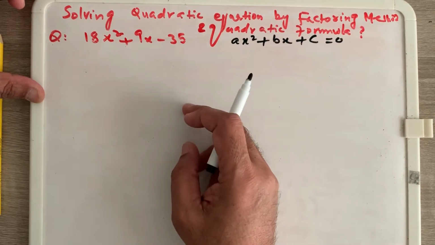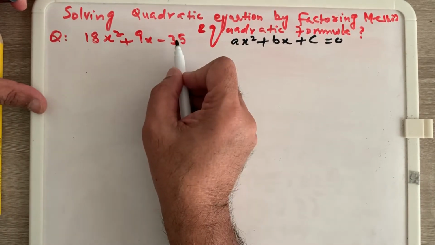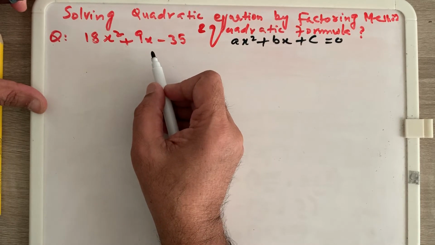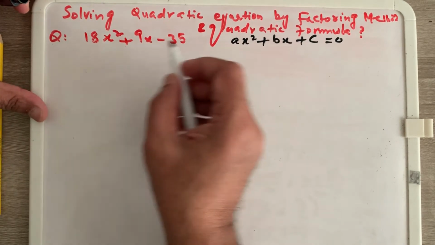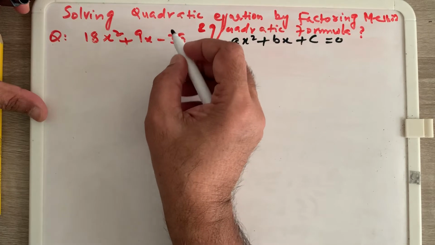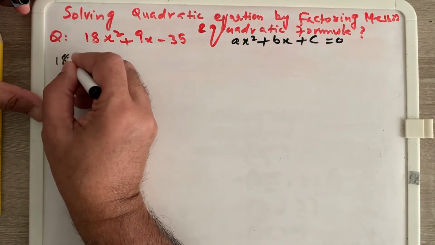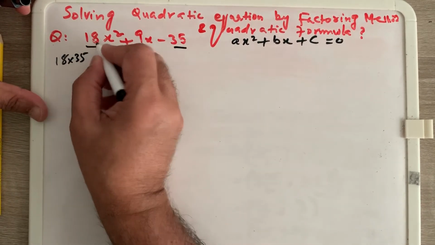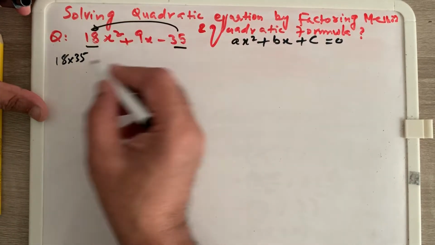And the factoring method is, as we all know, that we have three terms and we have to break these three terms into four terms. Then we make the pairs and we see what should be common among those two pairs. So the first step of doing it by the factoring method is you have to multiply 18 by 35. We say that this is the constant multiplied by the coefficient of x square. So we have to multiply it, and then we see what factors